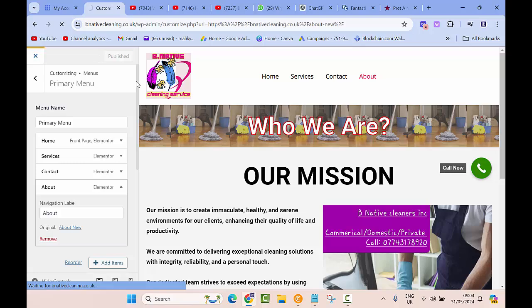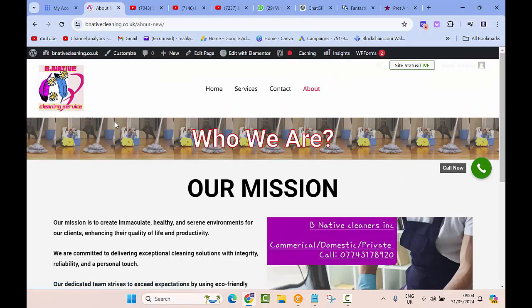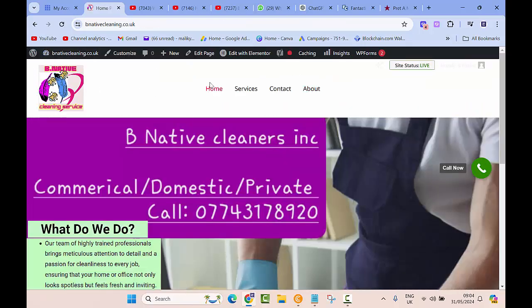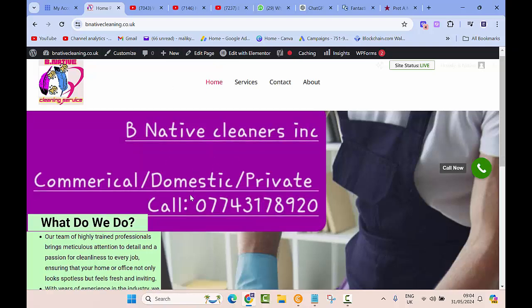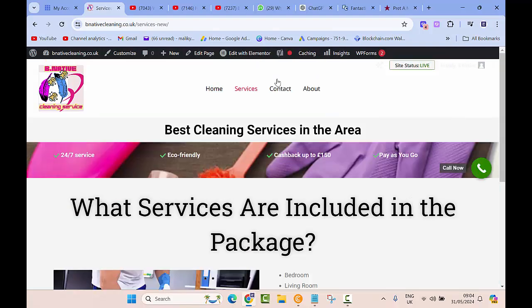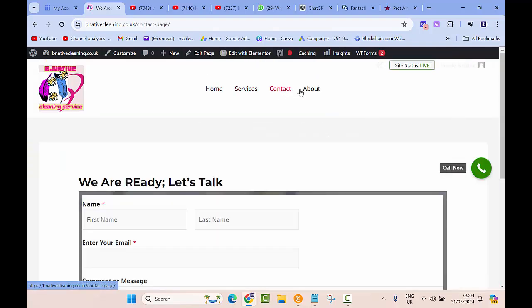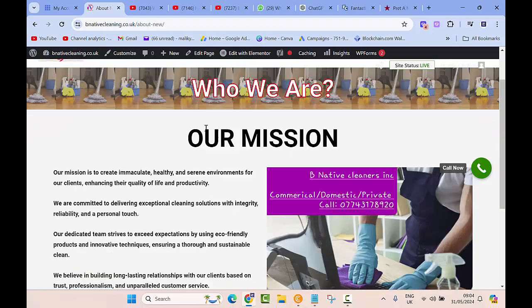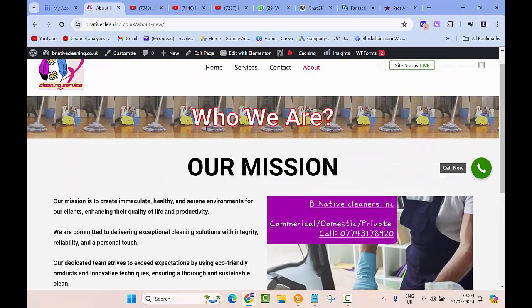It's been published, and when you go back, this is how your menu will look like. Here you can see the changes have taken effect. So you can see the home page, services is second, contact, and then I have the about page. So this is how you can change the names of the menu and how you can arrange it on the